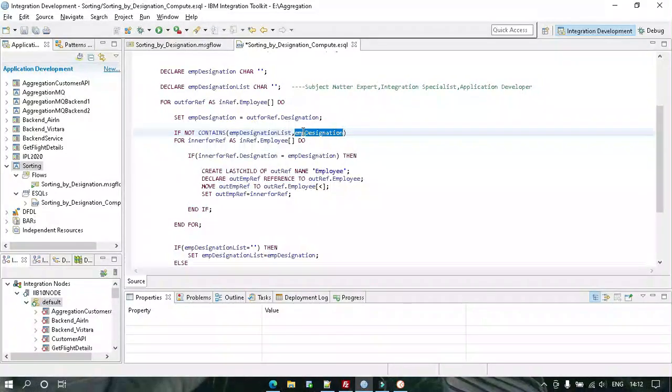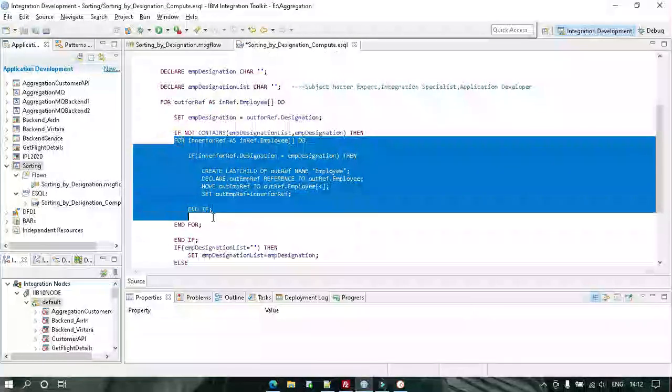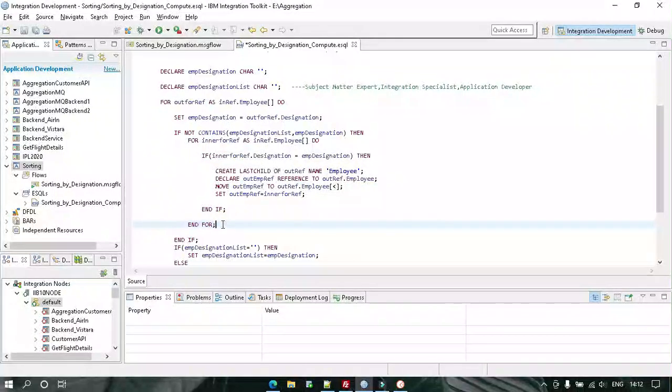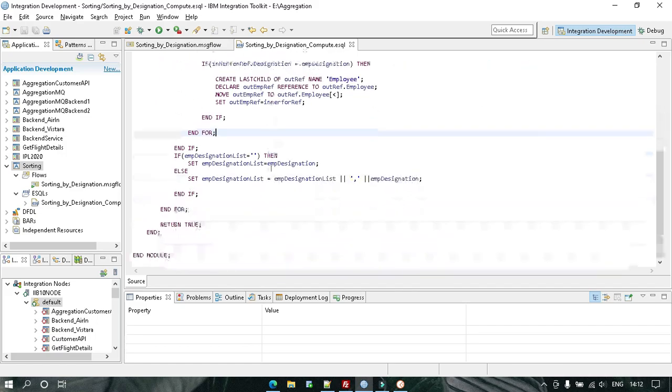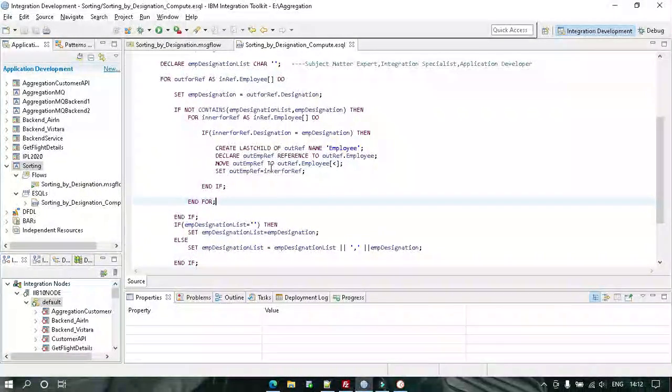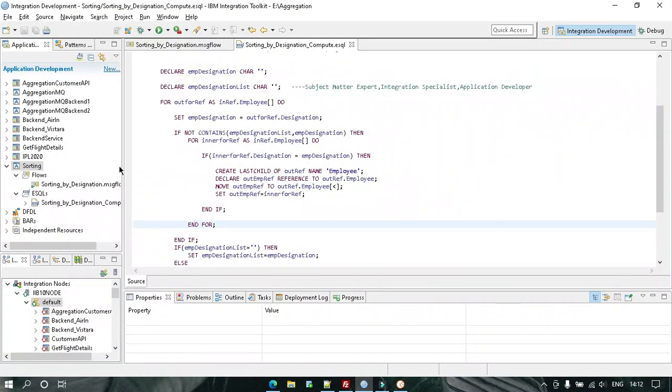So if it is present, then don't execute this. This will rectify the duplicacy. Let me again correct the indentation.